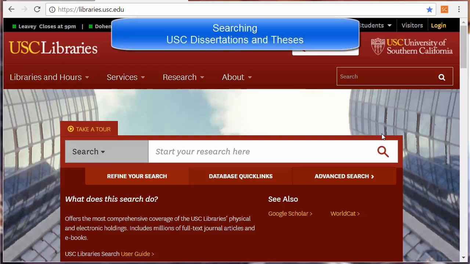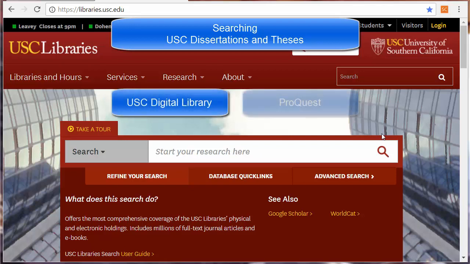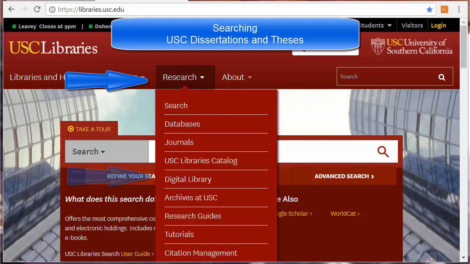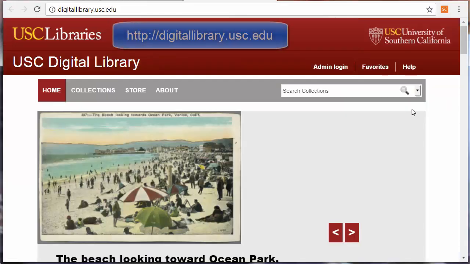Dissertations and theses at USC are stored in two locations, the USC Digital Library and ProQuest. This tutorial focuses on searching the USC Digital Library. You can access the Digital Library from the USC Libraries Homepage or type in the URL